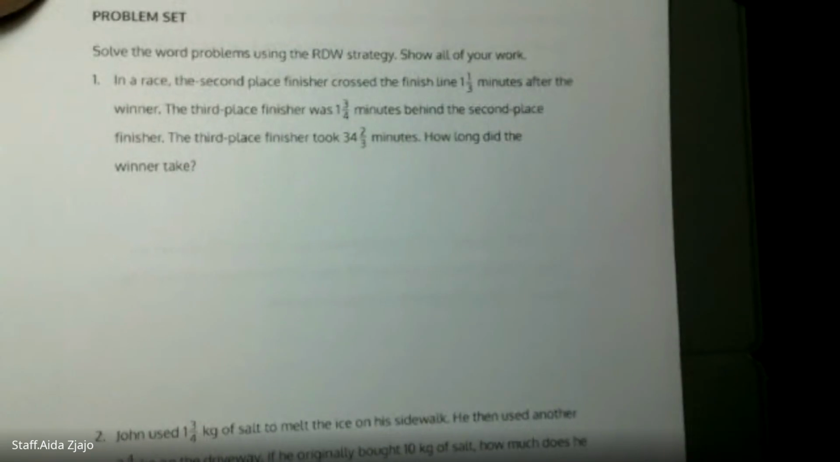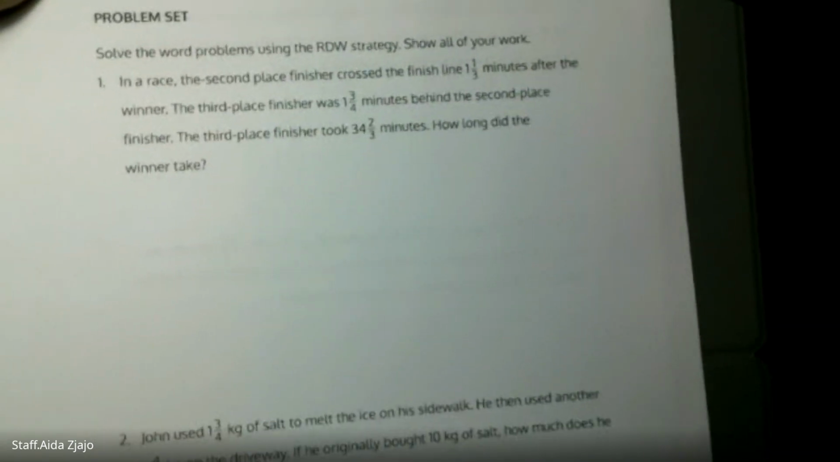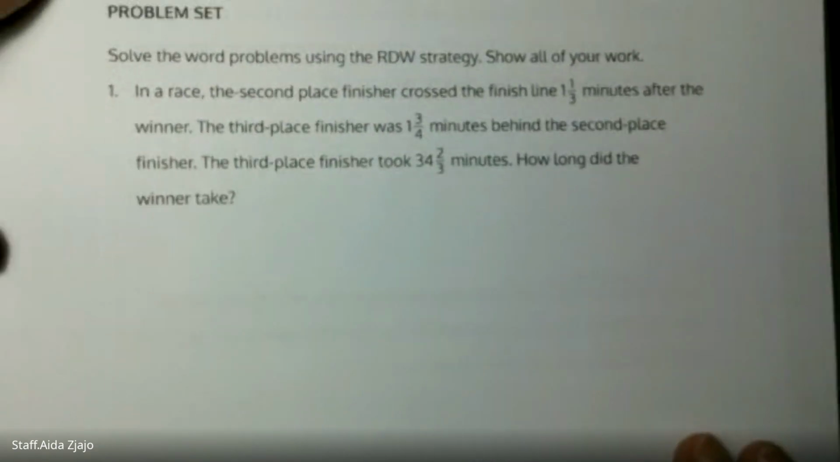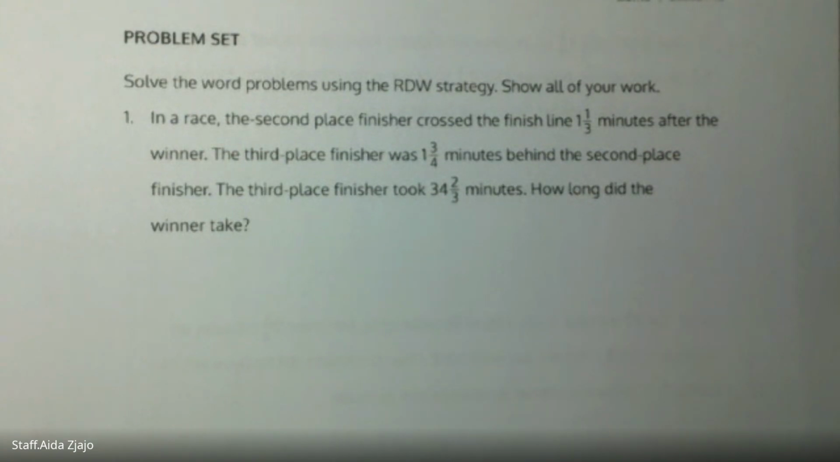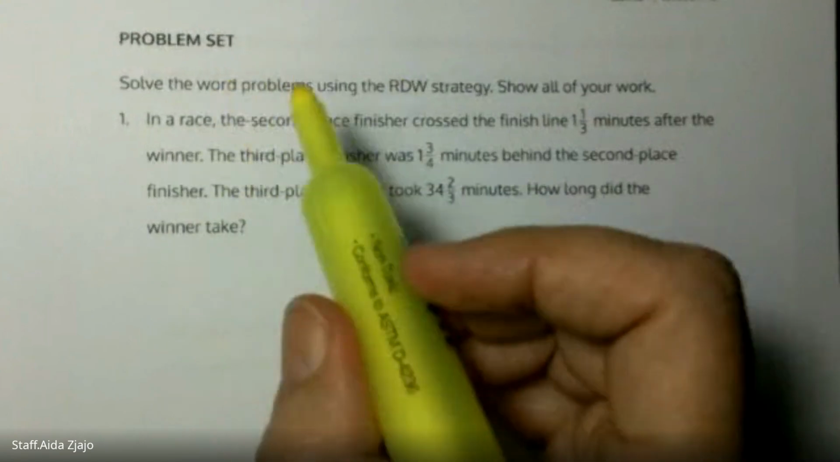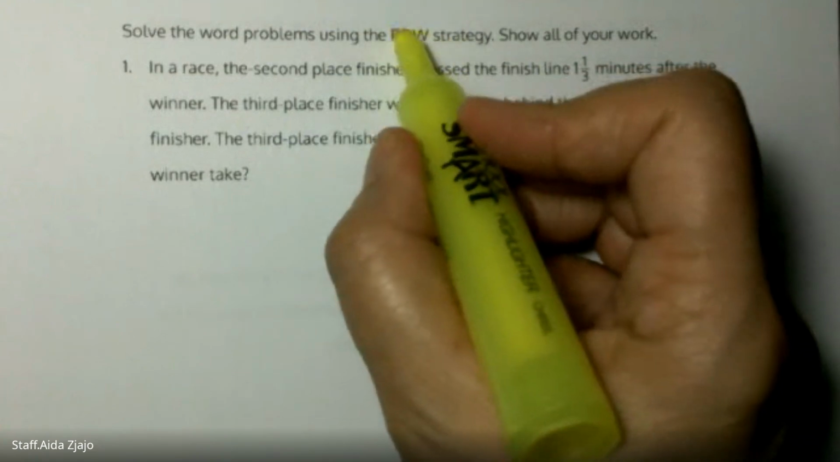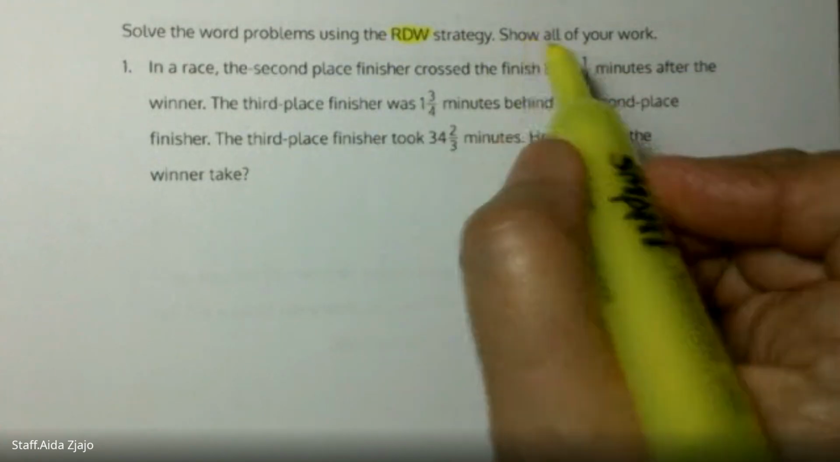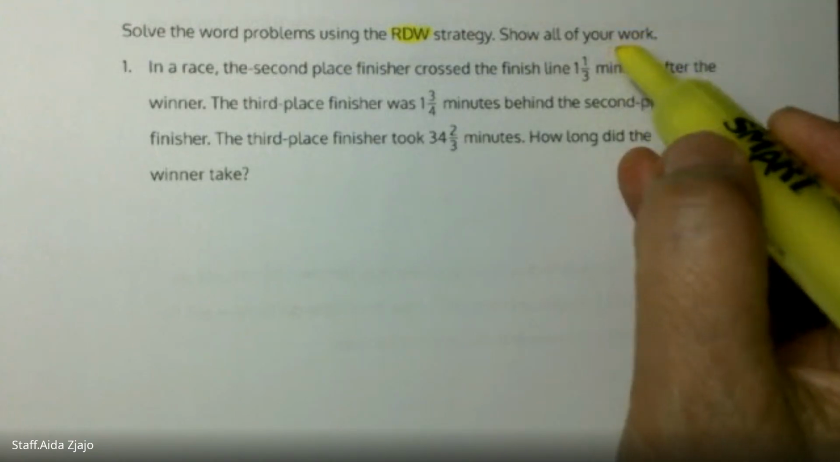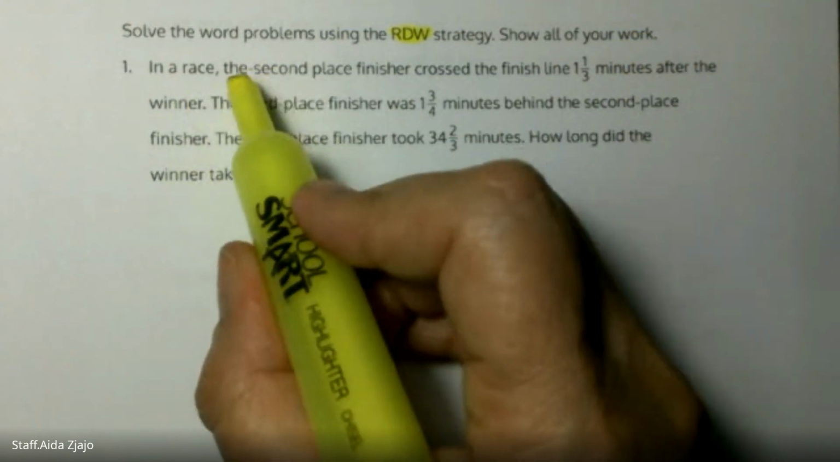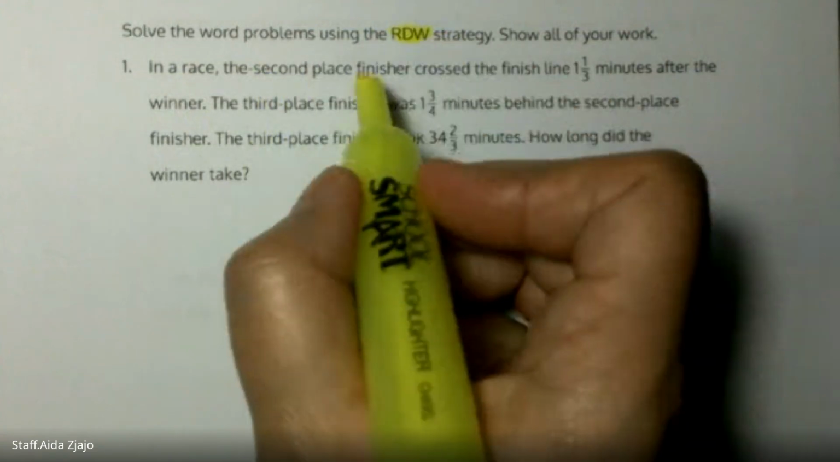Let's make it a little bit bigger. Okay, so let's read it to understand the question. Solve the word problem using the read, draw, and write strategy. Show all your work. In a race, the second place